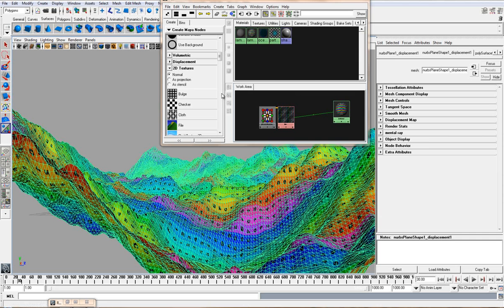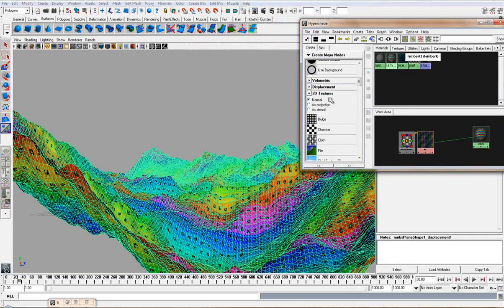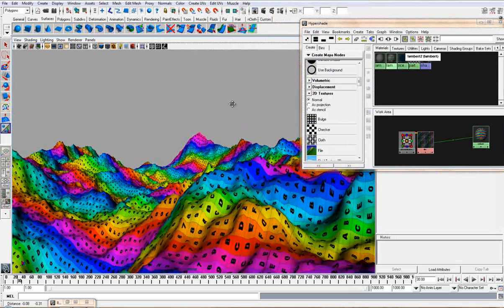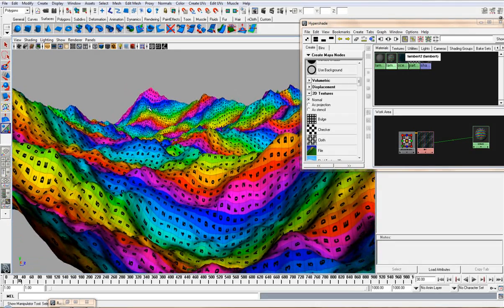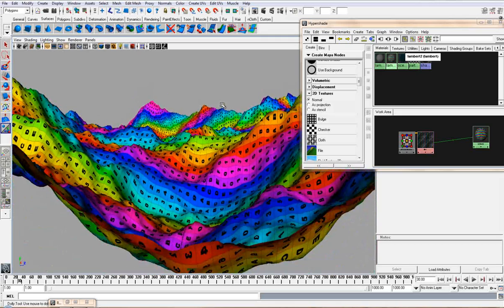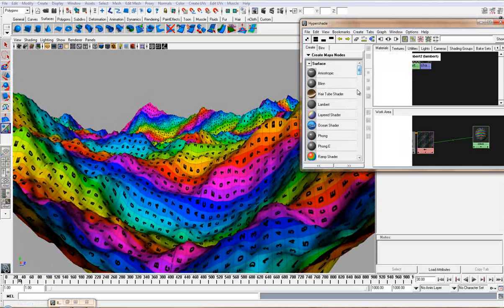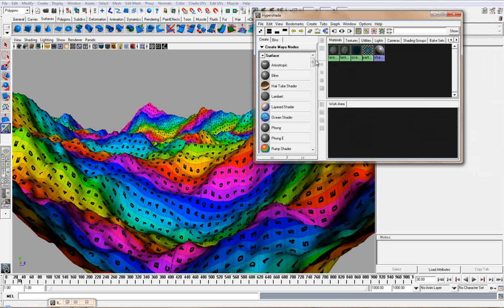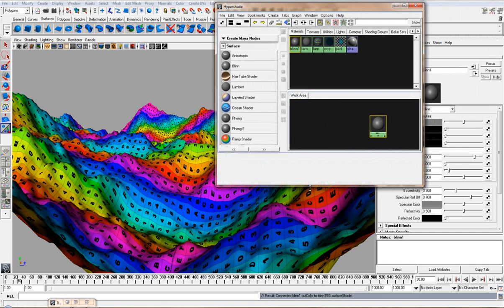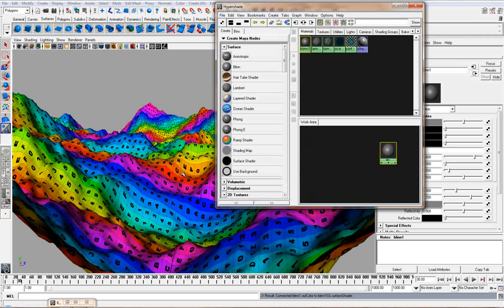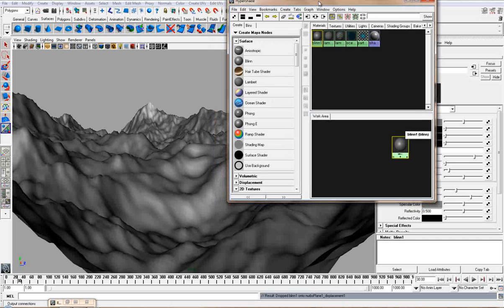Next I have to create a snow, and I want to create some rock texture also. So I'm going to create a blend material. Just want to clear this area, create a blend, and for the blend I need to create a snow, right? So assign this material to this. You're getting some specularity,